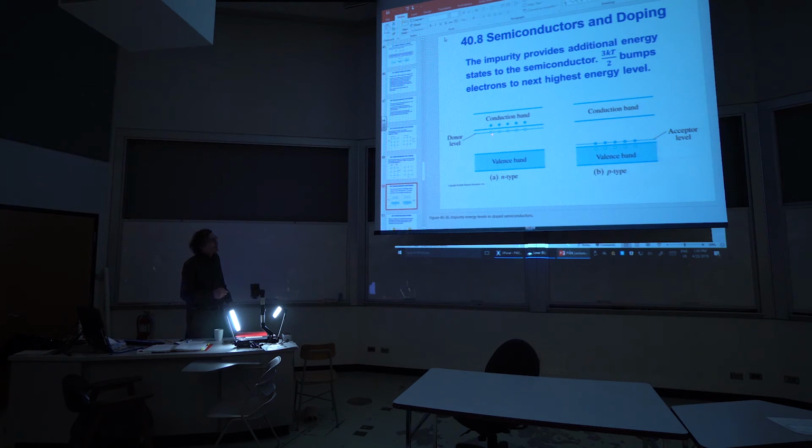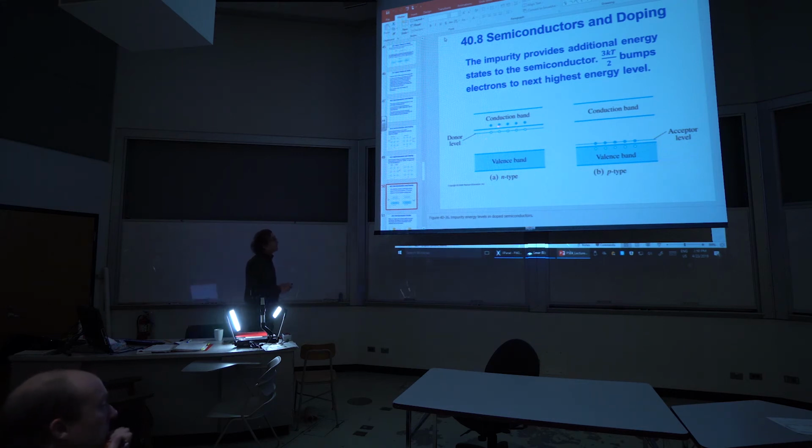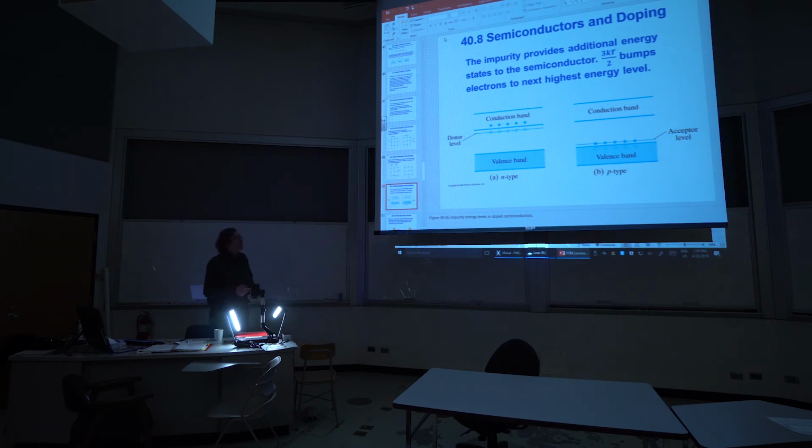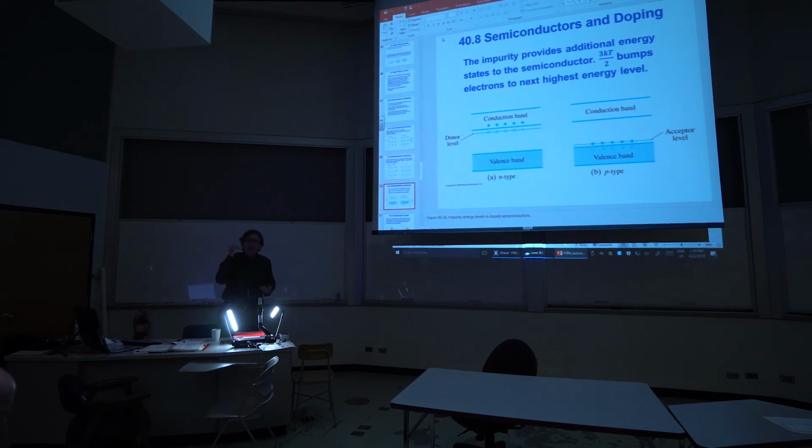So electrons which were added at the donor level can easily be excited up to the conduction band. Now, typically not every single one of them is going to be excited up, but maybe 15, 20, 30% of them will be. So the conductivity is going to increase by adding an arsenic atom,